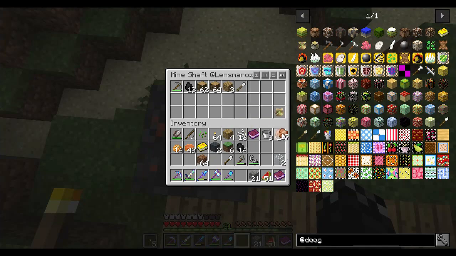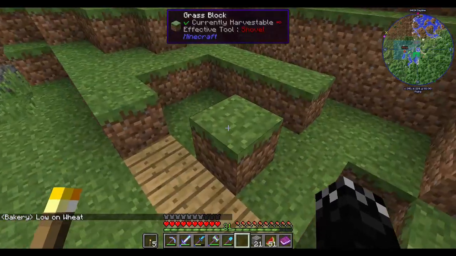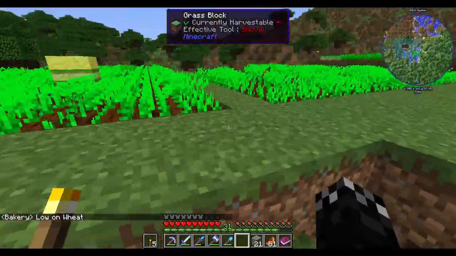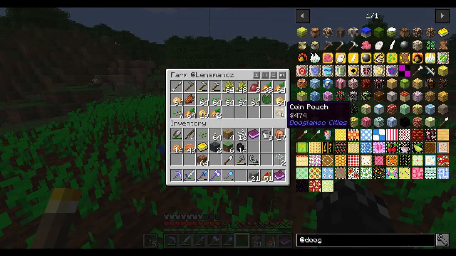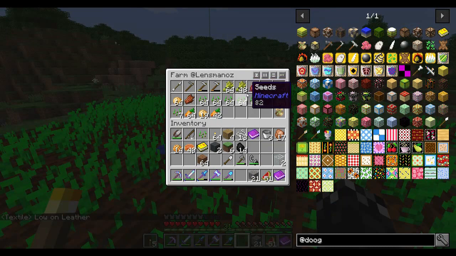Oh, he has no food. Maybe that's why he's not working. Have some cooked chicken. So it's a decent food. It's worth $8. Bakery is low on wheat. Okay, can you buy wheat? Wow. Textiles low on leather. So if we take a piece of wheat,